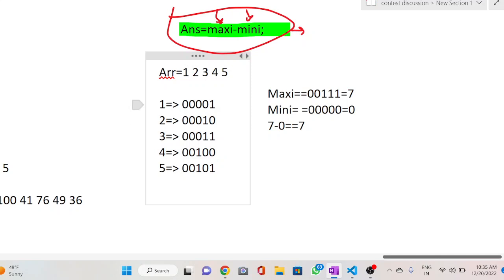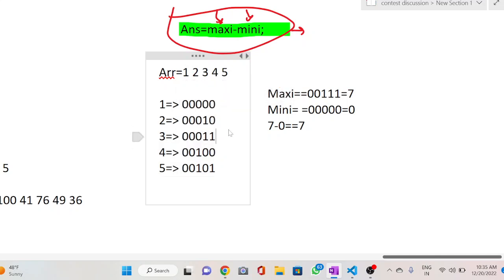We will take AND with all the elements of the array, so that if any element contains 0 at this position, this 1 will automatically be converted into 0. For getting mini, we will perform the AND operation with all the elements.